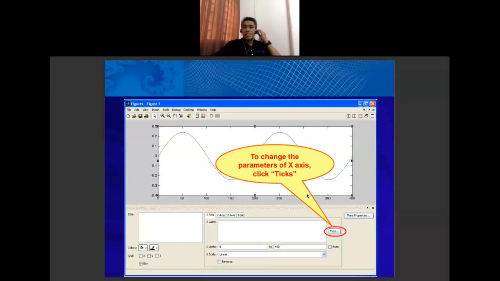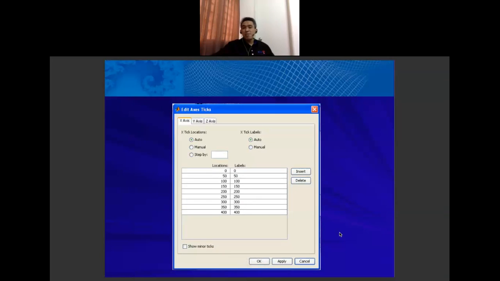Then to change the parameters of the axis, please click at ticks. This dialog box will appear, with location and label. The tick location is auto, so just select manual.